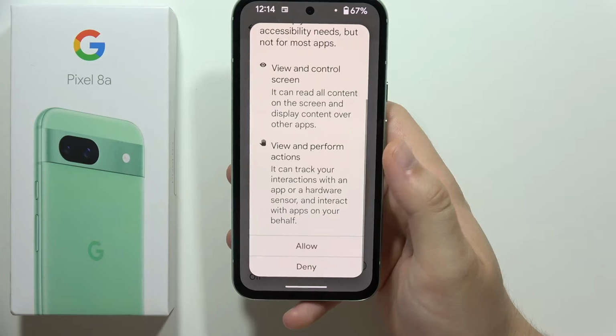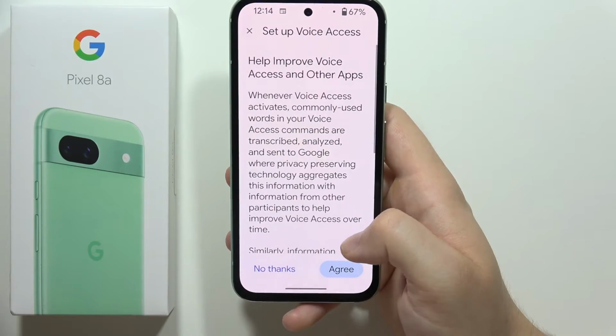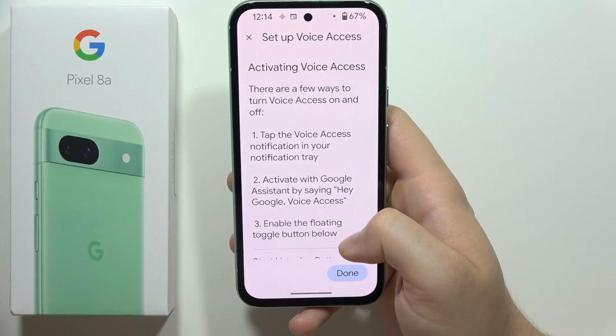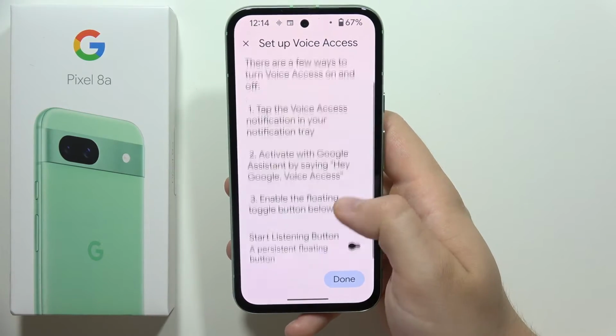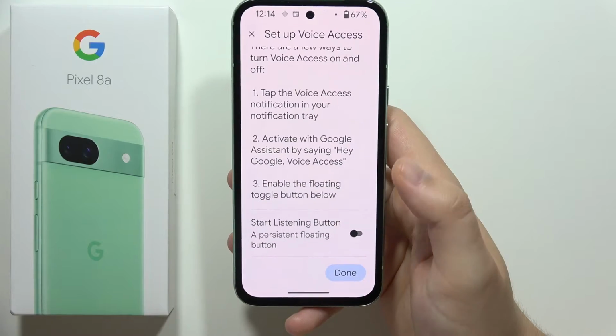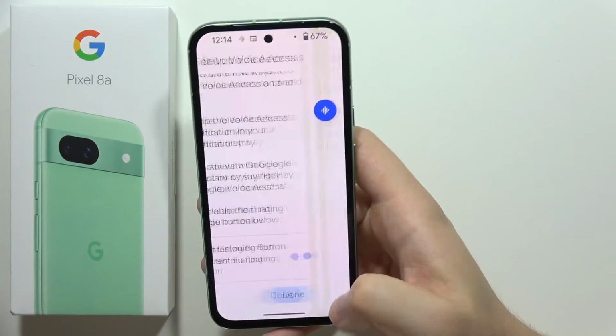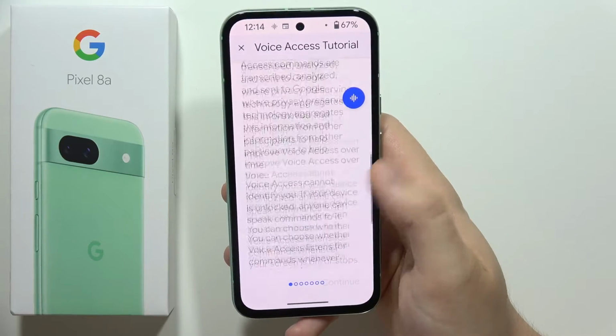Right here we can find a short description, click allow. Now we have to tap agree, accept every permission. Now we can find some basic information on how we can start. Also we can bring up the start listening button. It's a little bit easier to activate this function. And now right here we can find another